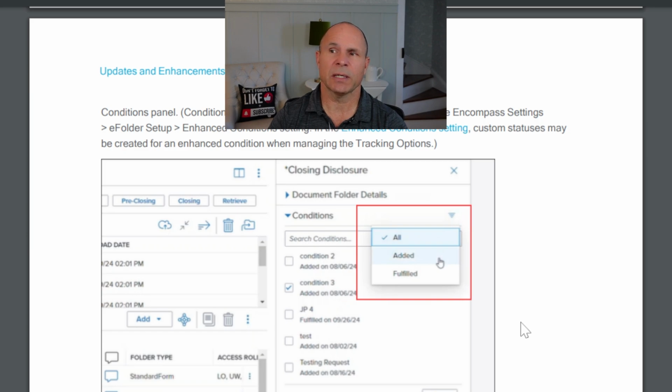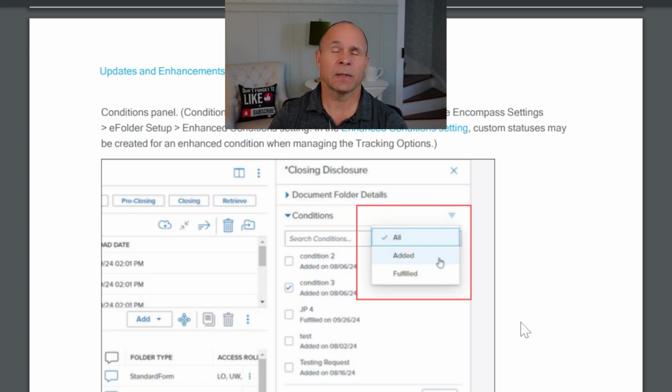If you're not using enhanced conditions, and you need help, reach out. I'll guide you through. Mortgage Workflow Partners will guide you through. We've got a step-by-step plan to help you get onto enhanced conditions. Why is that important? Because number one, it allows you to use better workflows. It allows you to use automation to make sure conditions are in the file when they're supposed to be and waived if they need to be waived or cleared if you receive data to clear them.